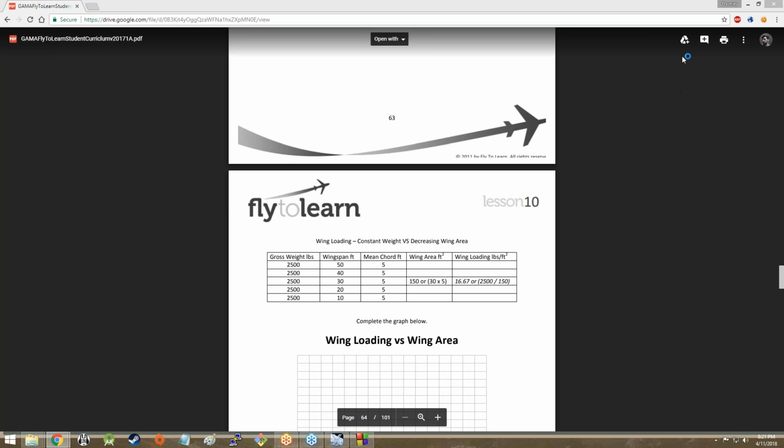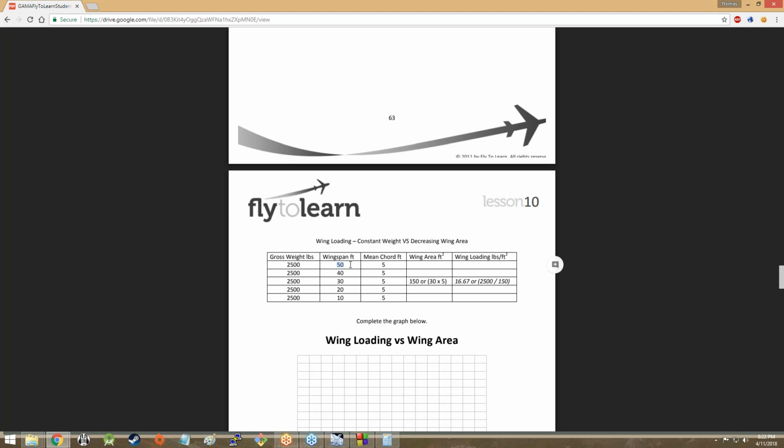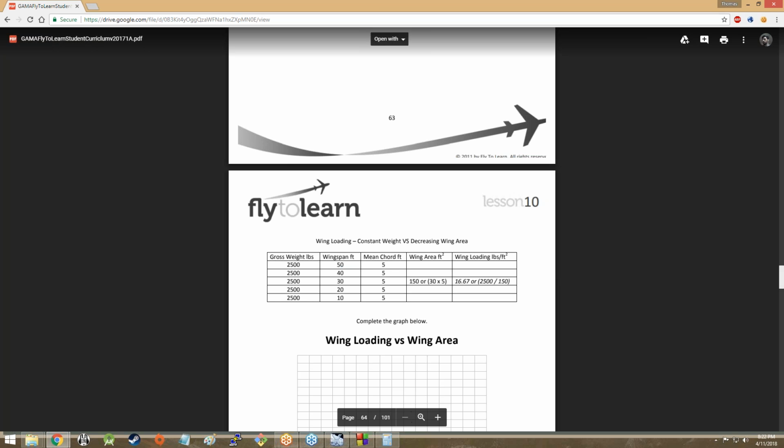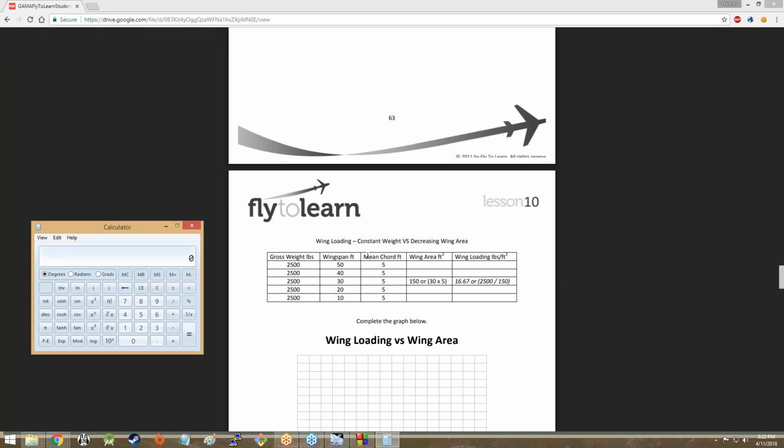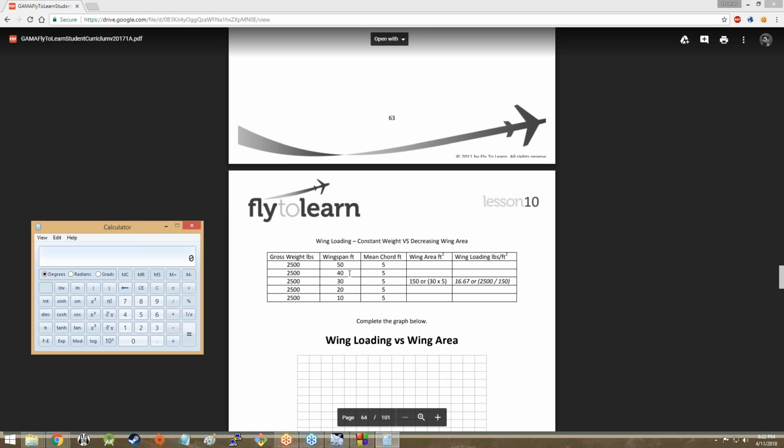So let me go ahead and get my calculator open. All right, so we've got our gross weight, which is in pounds, our wingspan in feet, which is 50, and our mean chord in feet, which is 5. I totally messed up the last two parts of that, but that's okay. We've got our gross weight in pounds, and our wingspan and mean chord in feet, 2,500, 50, and 5, respectively. So first things first, in order to figure out the wing loading,